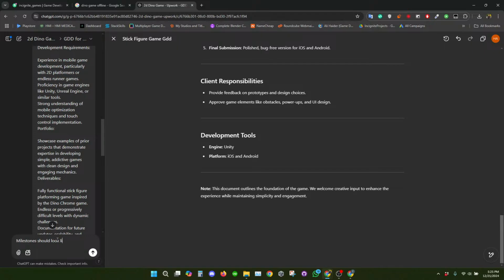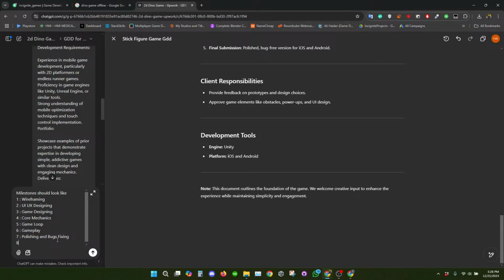Milestones should look like wireframing, UI UX design, game design, core mechanics, game code, gameplay, polishing and bug fixing, and then finally deployment and completion.